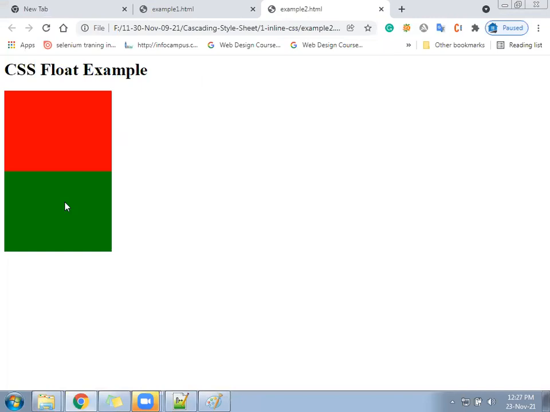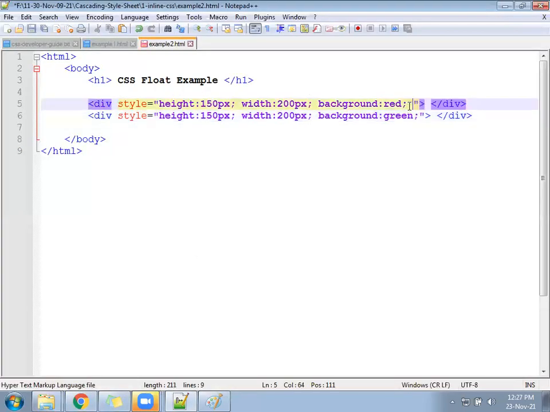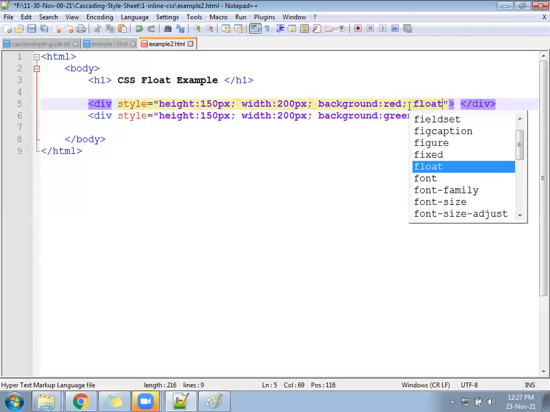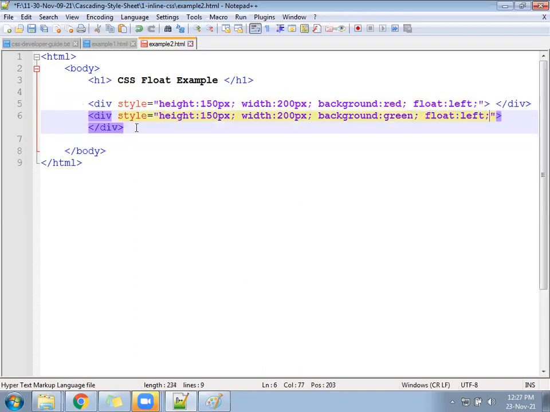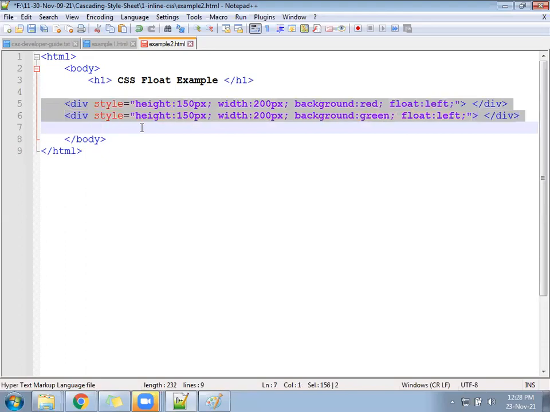Same structure. Now apply the property called float. Float colon left. Here also apply float colon left. Property and value both are predefined. Float colon left.